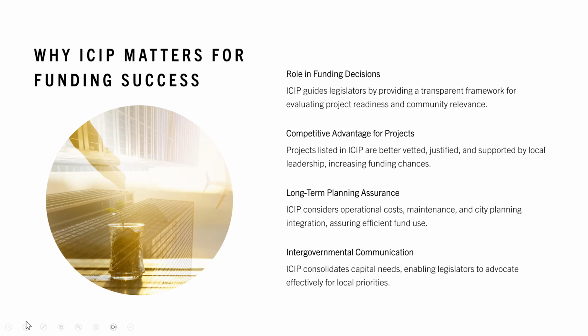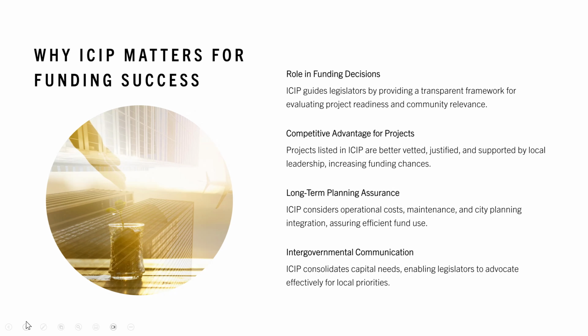So keep in mind, this ICIP, when we put it together at the city level, we rack and stack it. We send it to NMDFA. It basically goes on public record. Now, a couple of things happen. We can look at it and we use it because it's our plan. Our legislators use it to defend their positions and champion for money and stuff like that for us as they move forward and work on finding funds for these capital outlay projects.